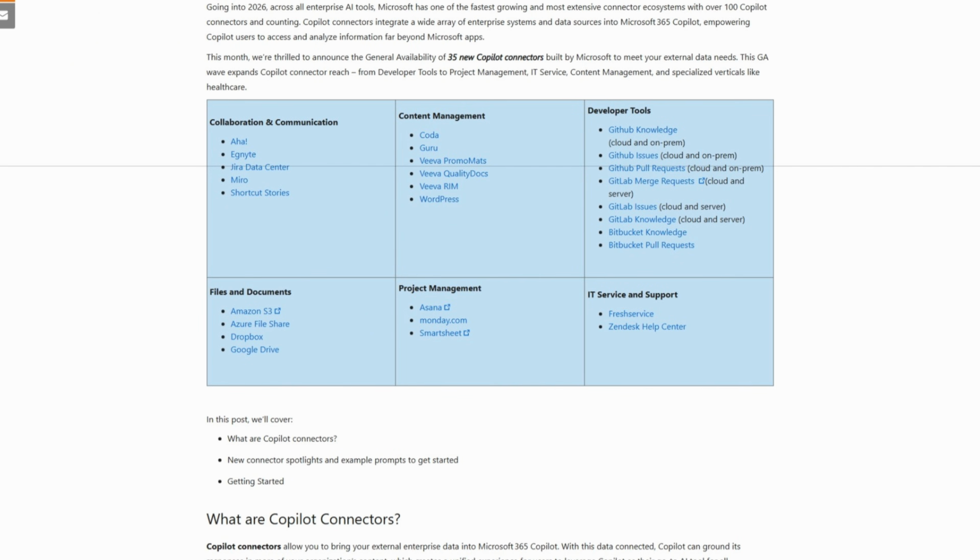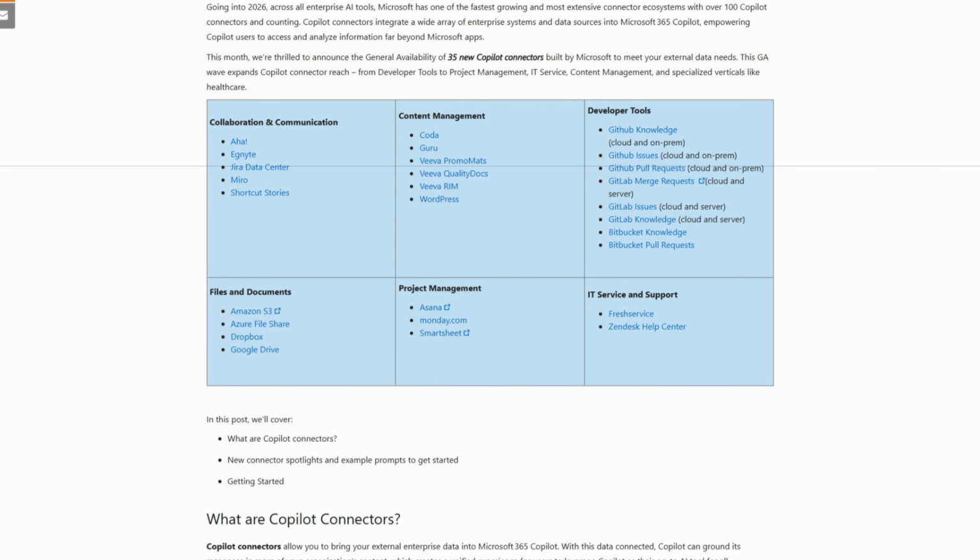And so suddenly this promise when it comes to Copilot of it just has access to all your data, that no longer holds true, because you've got this valuable business data over here in a different system on a different platform, and we're having to work out how do we bring it back over to Microsoft to work with it. And so Microsoft has a tool to do that. Back in the days when it was just Microsoft Search, these were called graph connectors. These have now become Copilot connectors, and you can see from this blog post that they're actually bringing through a